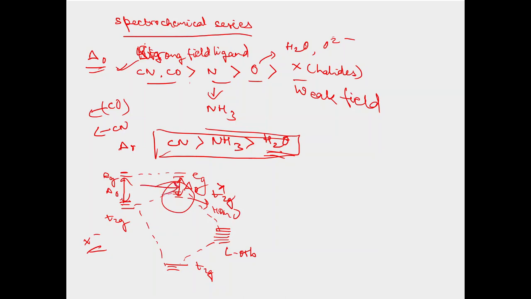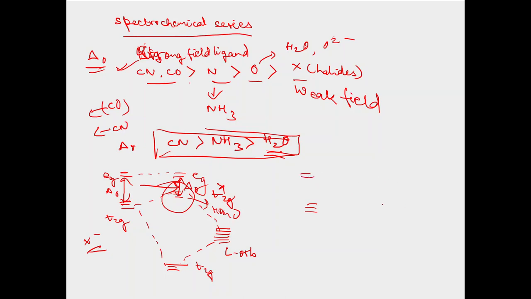So we can see that on going from sigma-only type of interaction, which is seen for water and ammonia kind of ligands, to any halide type of ligand where it is a pi donor, the delta O value is decreasing. Whereas if we have pi acceptor type of ligands like CN or CO,